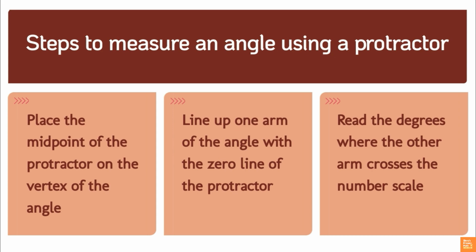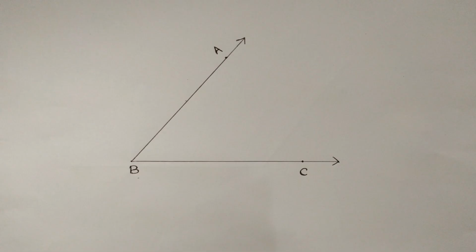Look at the angle to be measured. Can you identify the angle type? Yes, it is an acute angle, hence less than 90 degrees. It is always good to make an estimate of the angle. Keep it in your mind and compare with the final measured value. Let us proceed to measure the angle.